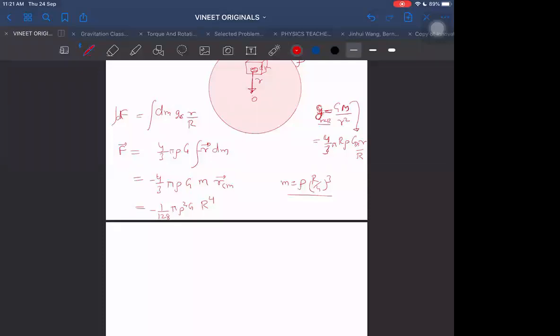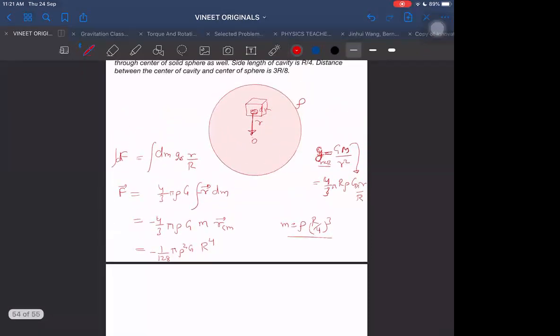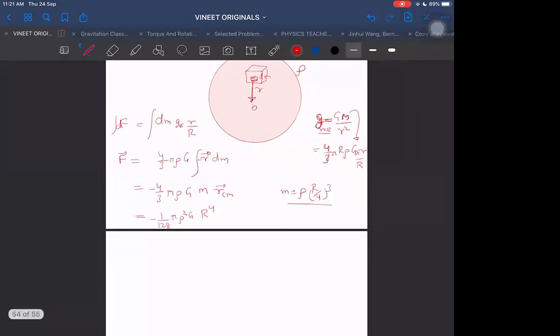The 4 cube, 64, was there. That's why I picked it up. It is 4 cube, okay. But 4 cube will not give us that. One 4 is cancelled already. 4 by 3 into RCM, which was 3 by 8. No, 3 gets cancelled. 4 by 2 and 2 into 64, 128. Right. Correct. This is F finally.